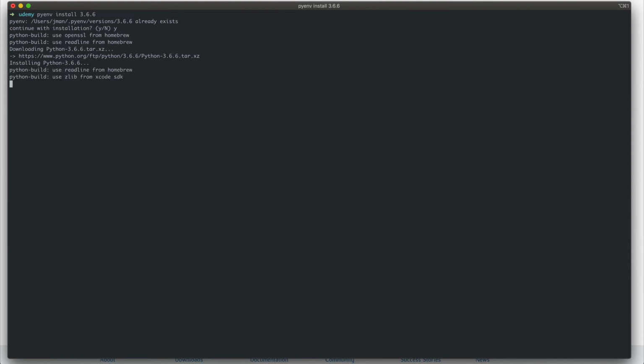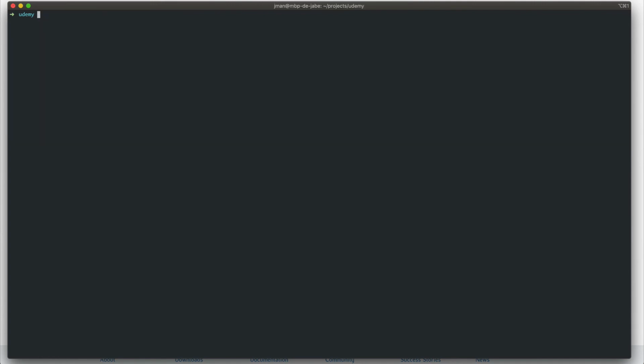And you'll see it's going through homebrew and our Xcode. Great. We also need to install it at the global level to make sure our shell knows we want to use pyenv Python and not the system one. We are telling the system which Python to use as a default because there are many Python versions floating around inside your computer. So if we write pyenv global 3.6.6 and we run that,